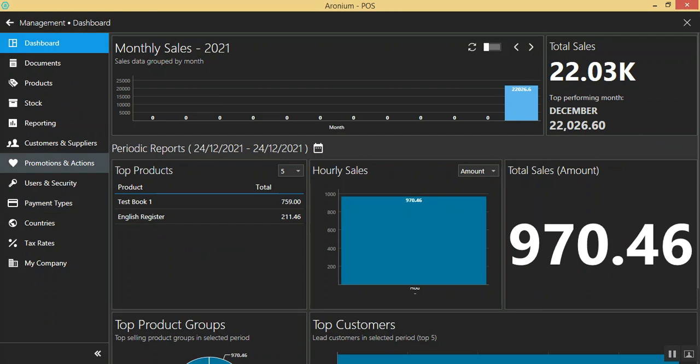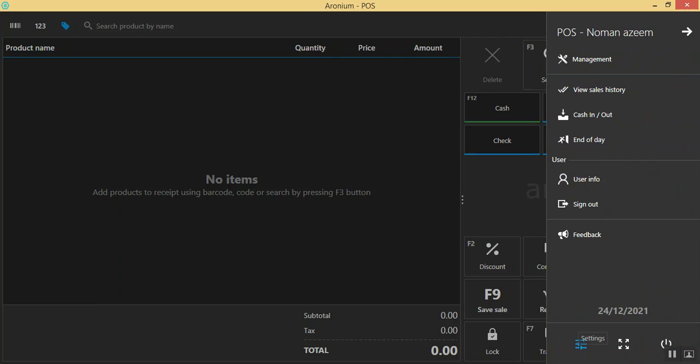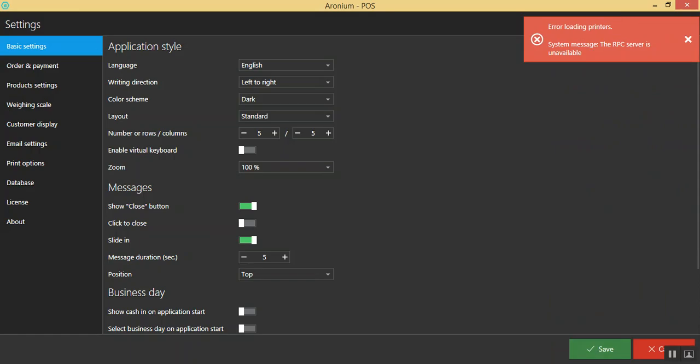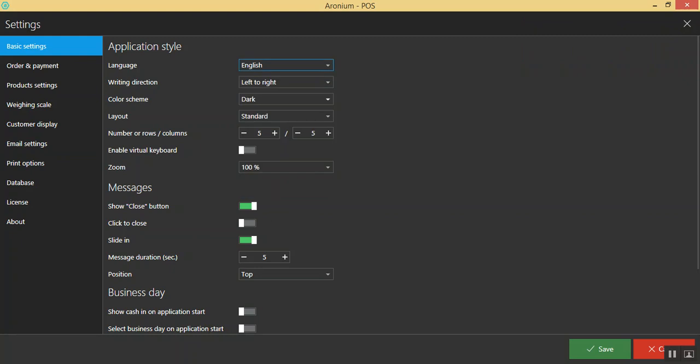And the last thing, which everybody is asking about, is the theme. So we have another option, which is the setting option. If you click on the setting option, we have different types of settings, like the English language, so you can use whatever language you have. And the color theme is light or dark, so you can use light. Or layout, we are already using that layout, so you can use the visual. You can touch, if you have a touch screen, so you can use the visual,